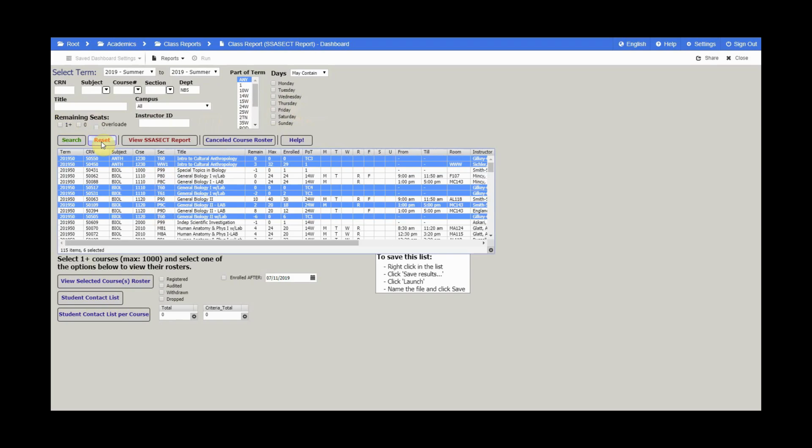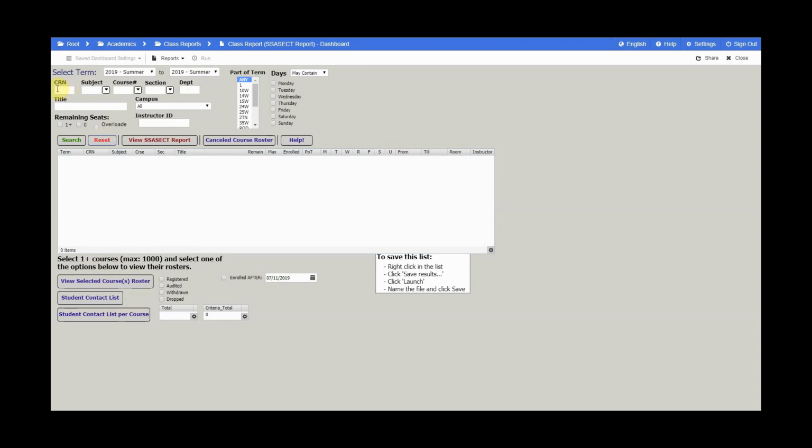For this particular tutorial, we're going to focus on entering particular CRNs. Once we reset the form and select the correct term again, we can click on the CRN field title.